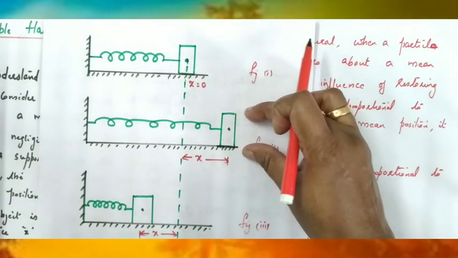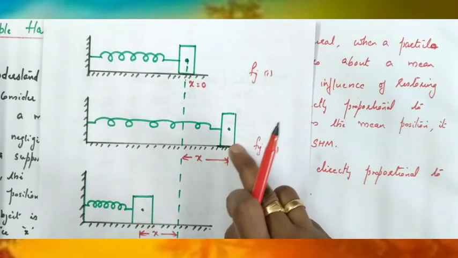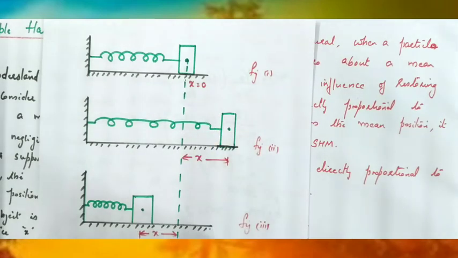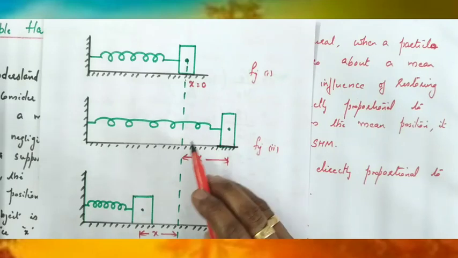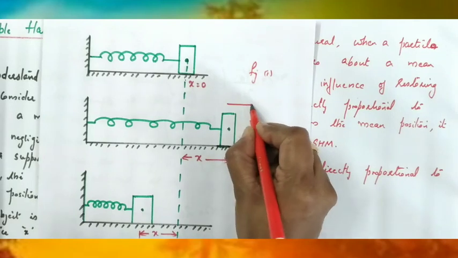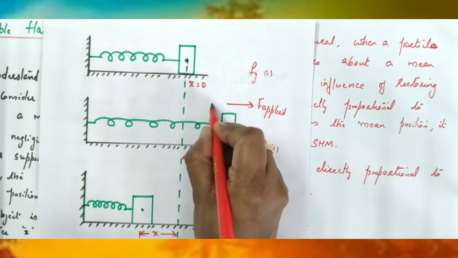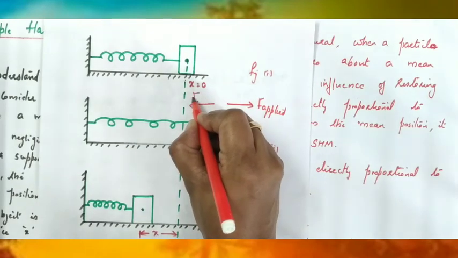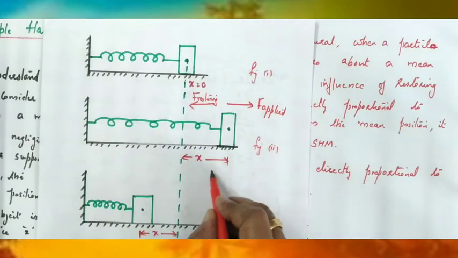Because of the restoring force, it comes back to the initial position. Here, the applied force is towards right, and the displacement is also towards right, but what is the tendency of the restoring force? To make it come back to the initial position. So restoring force and displacement are proportional, but in which direction? Opposite direction. Okay children, so here we can write the direction of applied force. And what is the direction of restoring force? Restoring force is towards left. This is the direction of the restoring force. Displacement is towards right.